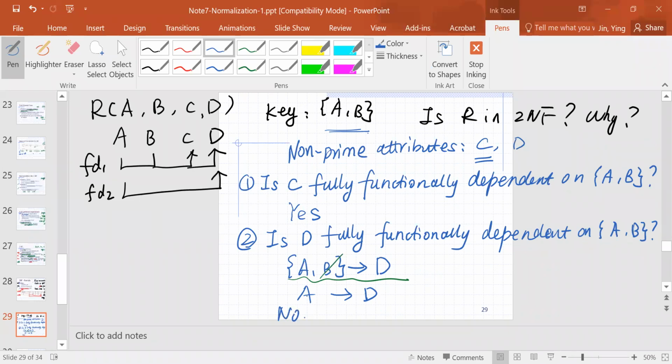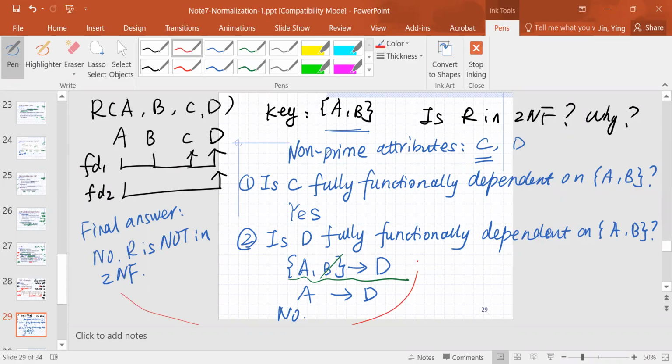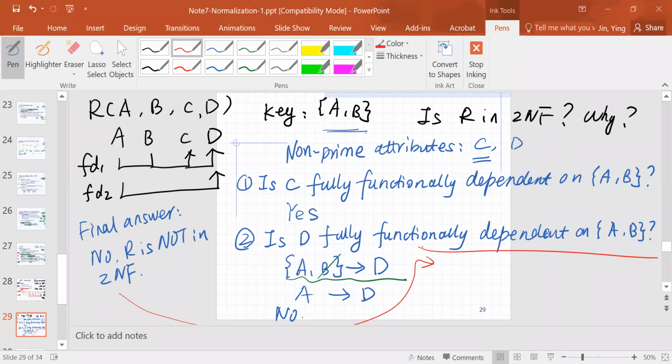So as a result, your final answer is no, R is not in second normal form, right? So what is the reason? The reason is, let me write it down, maybe I'll just put it here. We have a little bit of space here. So the reason is non-prime attribute is